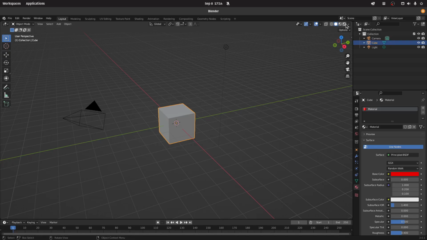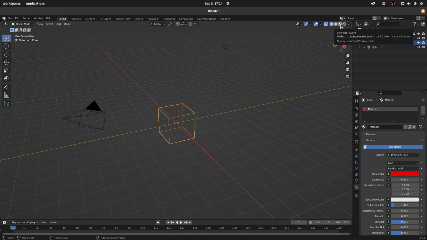So if you click on the one next to it that looks like a wireframe, the one all the way to the left, it'll change the viewport shading mode so that things just show up in wireframes. So the cube now just has a wireframe outline of the object. Go back to the one to the right of that, and you'll have the shaded mode, basically just showing solid